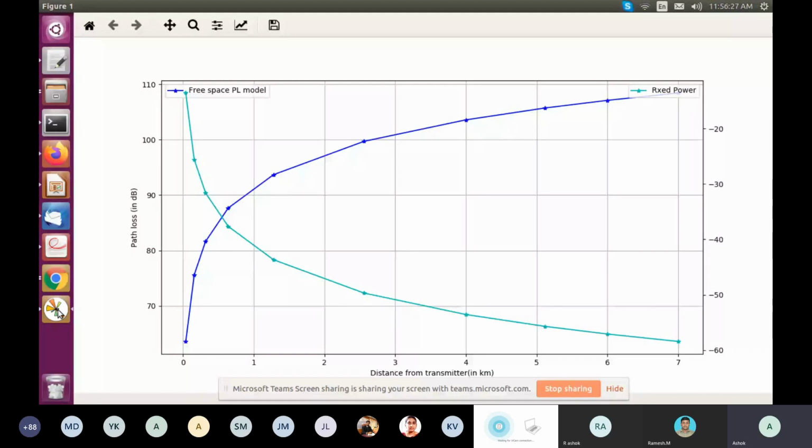On the left side you have the path loss, and on the right side you have the receive power. So you can see that when the path loss is very less, your receive power is pretty high. And for the receive power, you should come here. So you should take this point from this axis. It's roughly around minus 10 dBm. And when the path loss increases, at 7 kilometers, when you're having such a high path loss, which is going to be here,